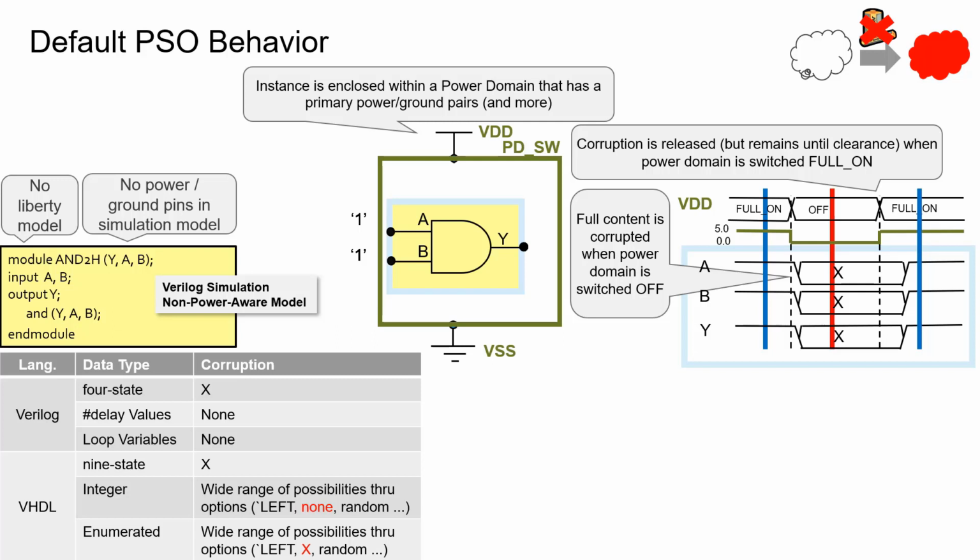For integers, the problem is a bit different. Imagine you've got an integer subtype ranging from 0 to 7, for example. That means that only these 8 values are supported. If we corrupt this integer, which value do you expect us to put? Maybe the leftmost, maybe a random value, maybe the rightmost. A number of possibilities are offered.